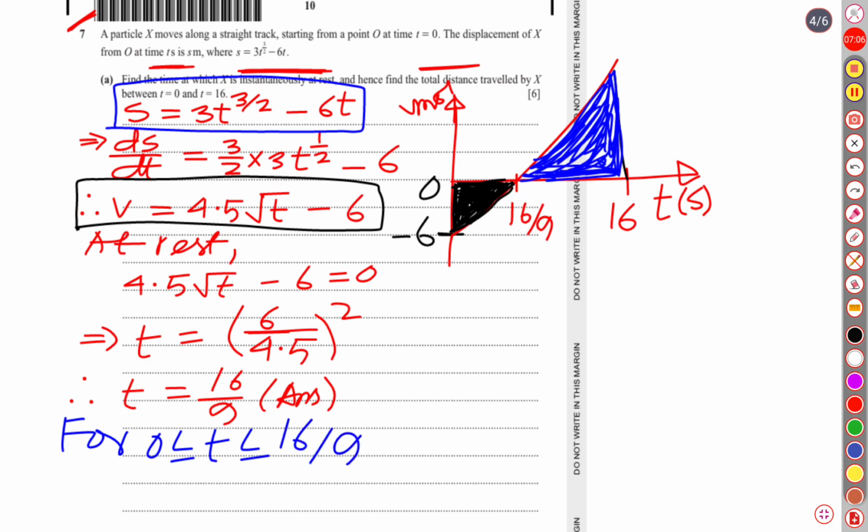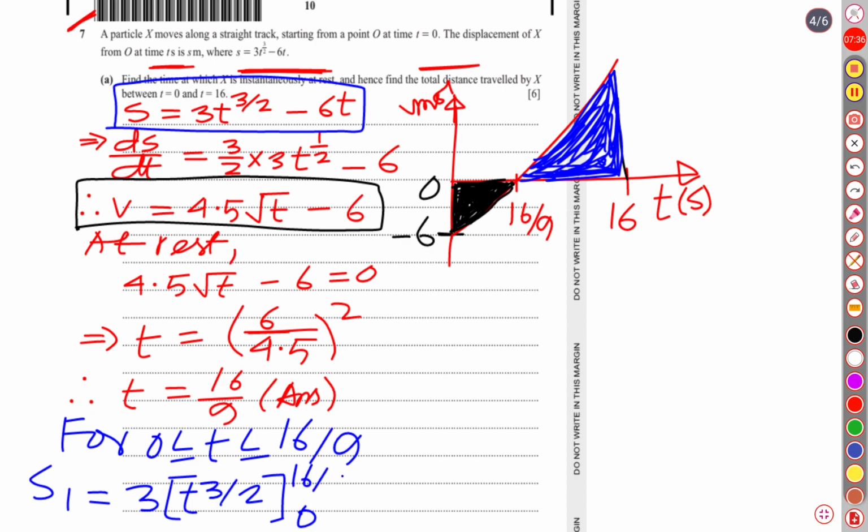16 over 9, our displacement or distance expression is S1. You can write S1 as this is the first phase. S1 is equal to 3 into t raised to 3 over 2, and our time limit is from 0 until